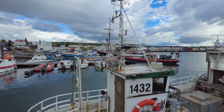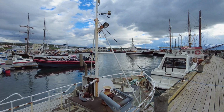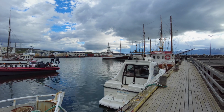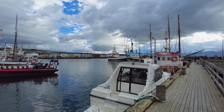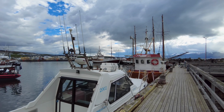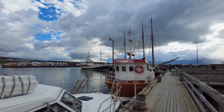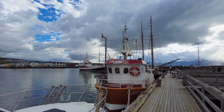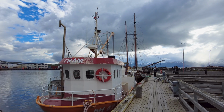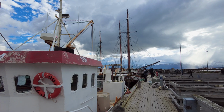Right, we're on our way to our hotel, and we've just stopped off for a brief break in this quaint little fishing town of Húsavík. So we've been round and taken a few handheld pictures. We only stopped for about 20 minutes, and I'll put those that are any good up on the video after this. The next stop is the hotel, where we're going to get ourselves sorted a bit, have dinner, and then